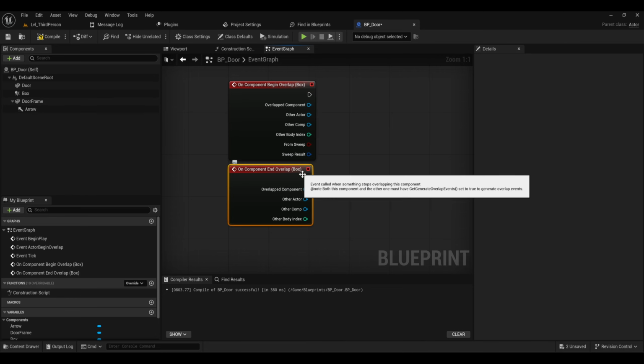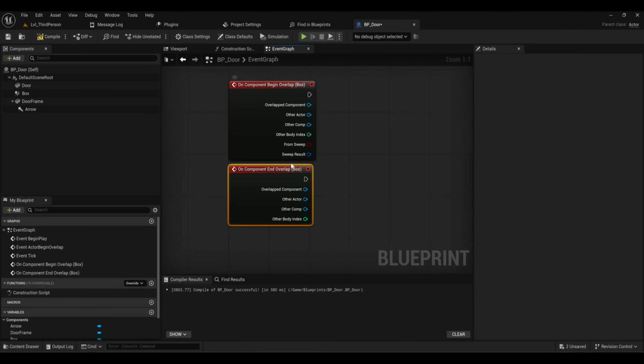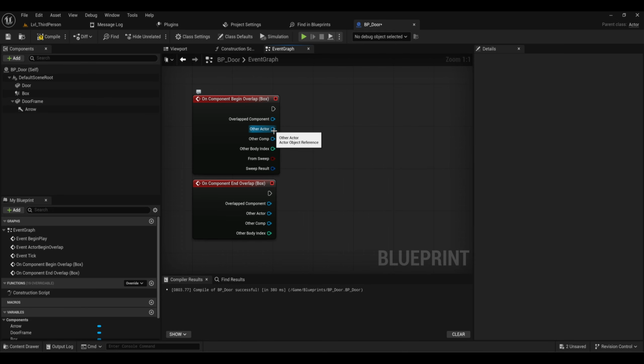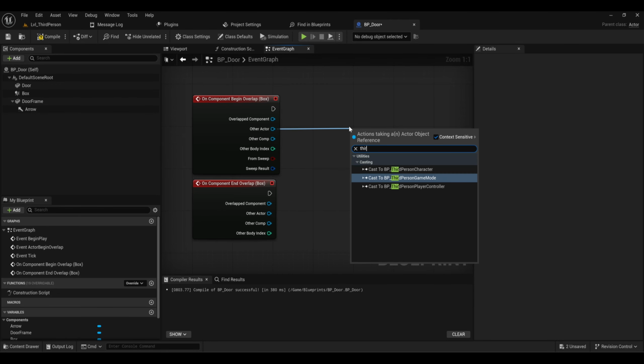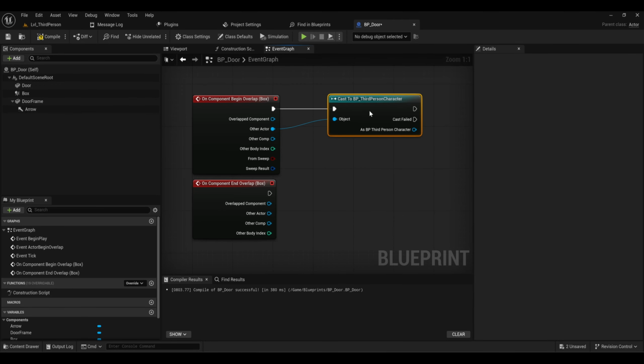Just check that that's right. Component End, On Component Begin. Yeah, we'll do the begin first. So what we want to know is when our actor, our third person, interacts with the door or not. So if I drag from that and search for Third Person Character and get that,